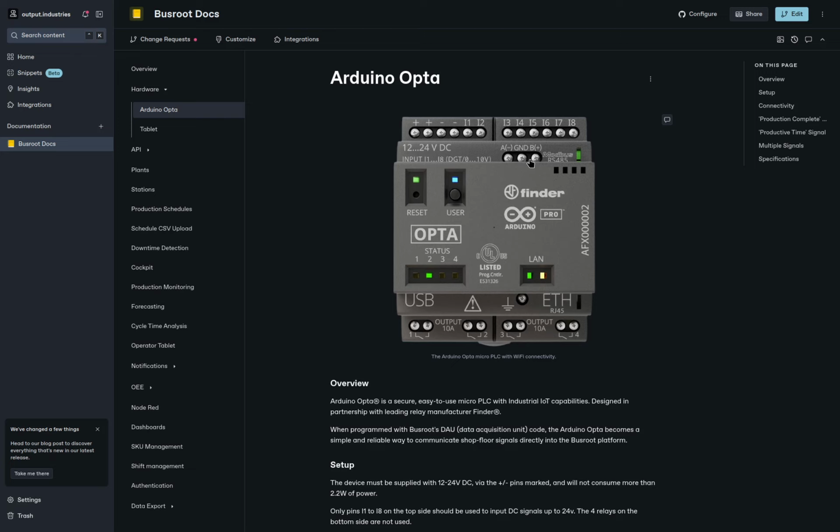The box always gets shipped with generic firmware on it that we've written. What happens is you then connect this device to the Wi-Fi, so you input your Wi-Fi details into this. The input pins at the top are generic. They can be used for any purpose. That doesn't need to be pre-configured. Those pins get used, and then in the cloud, in Busroot, we then configure what each of those signals mean,